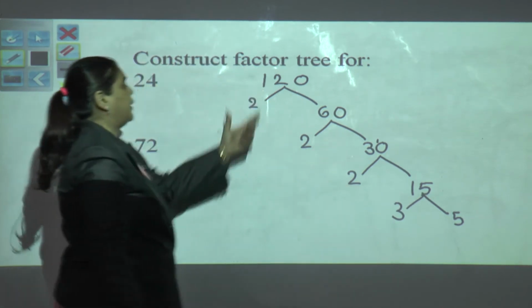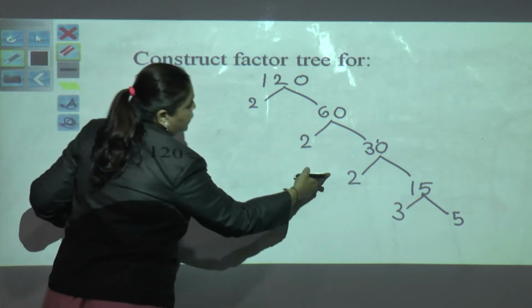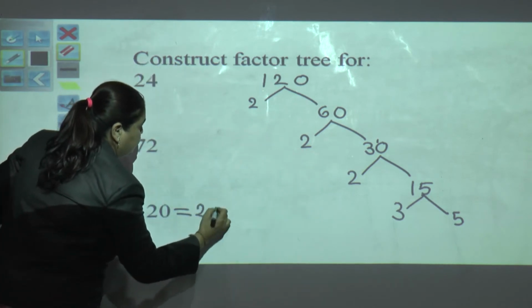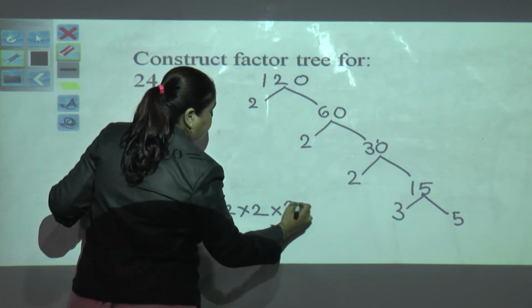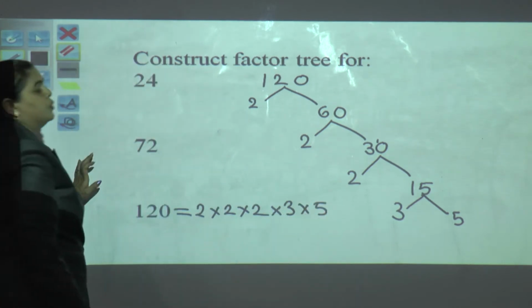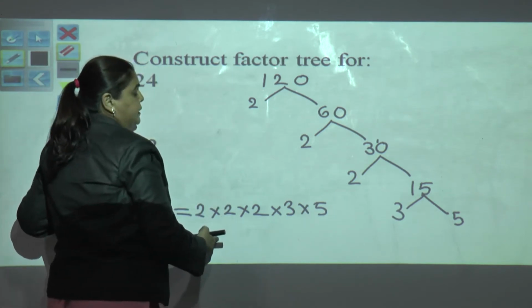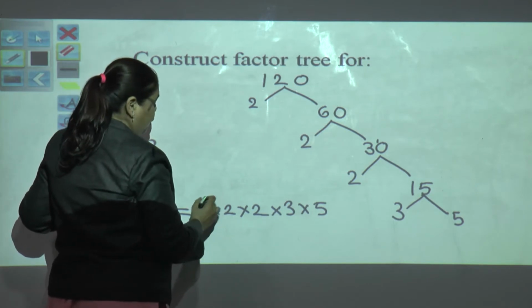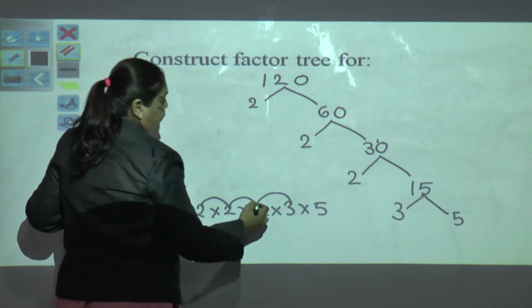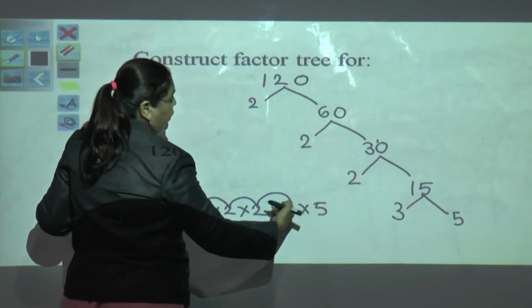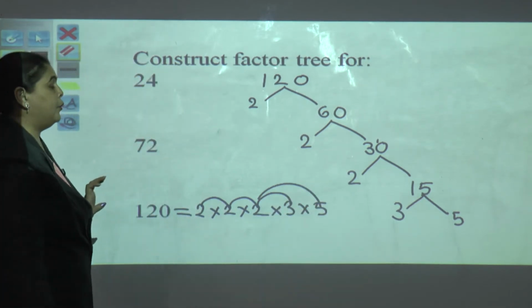So what are the factors of 120? Factors of 120 are 2 multiplied by 2 multiplied by 2, and 3 one time, and multiplied by 5. So these are the factors of 120. I want to check whether what I have done is correct or not. I can go 2 2s are 4, 4 2s are 8, 8 5s are 40. You can do it in this way or you can directly jump, which will be more convenient when you get the numbers.